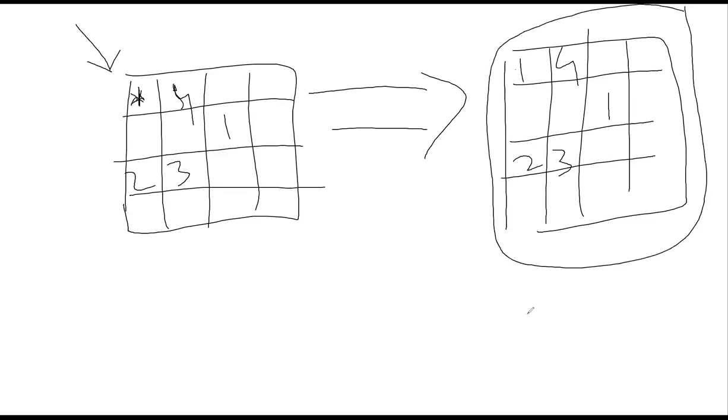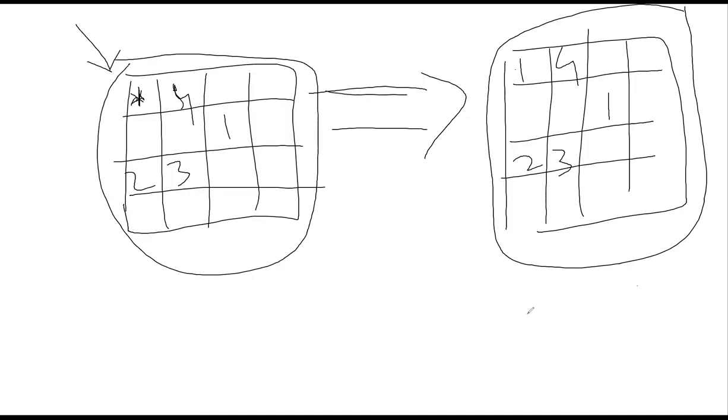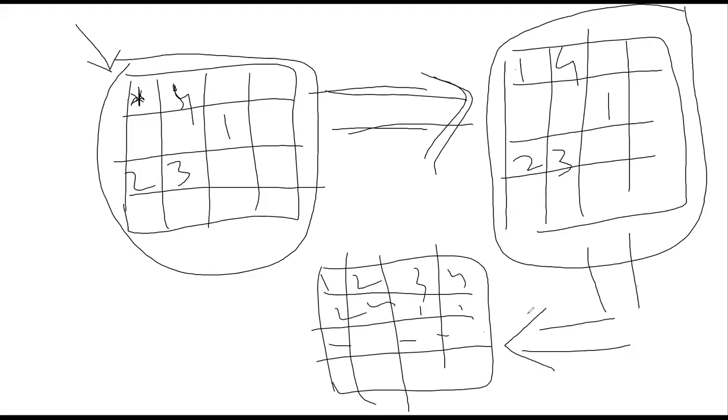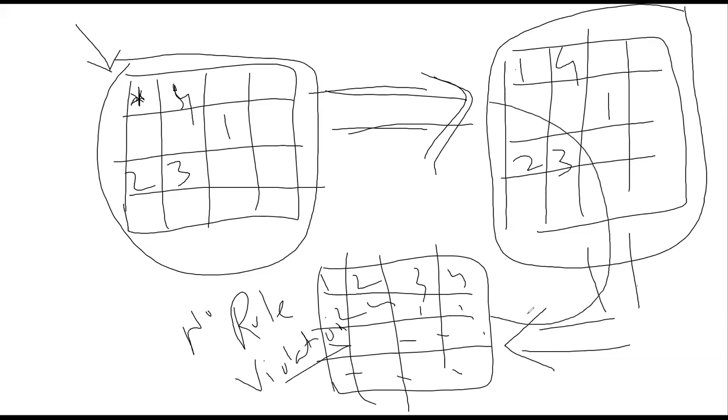So if you are able to build an entire solution based on this state, then definitely this state is also valid, right? So you're essentially transforming this state into this one, and with some steps into a final state, which will have all the elements filled in, 1, 2, 3, 4, 4, 3, 2, 1, all the values filled in with no rule violation. Right? If you can reach this state and you backtrack, this initial state is valid. And this is your final answer for this one. Once you reach the final state, you just return it as the solution.